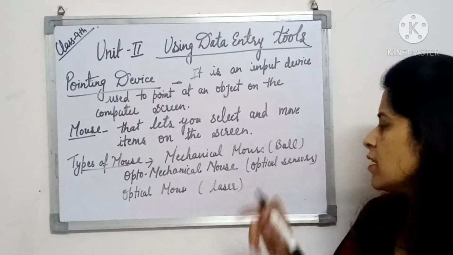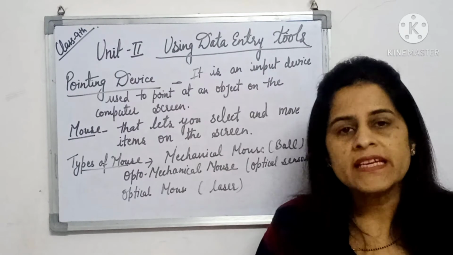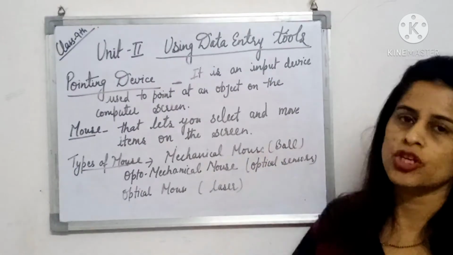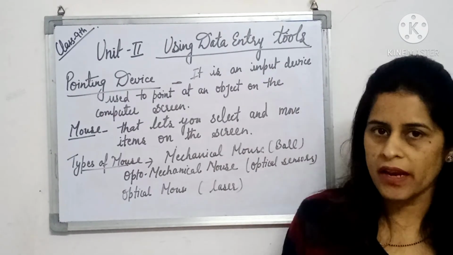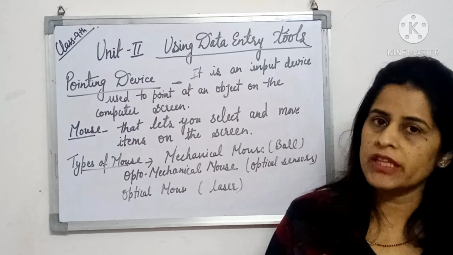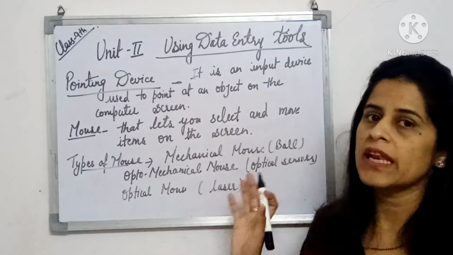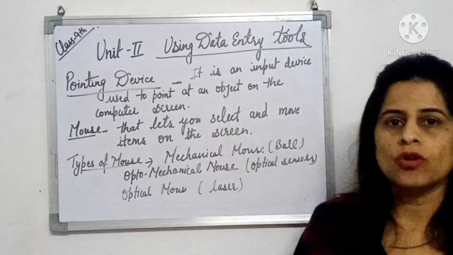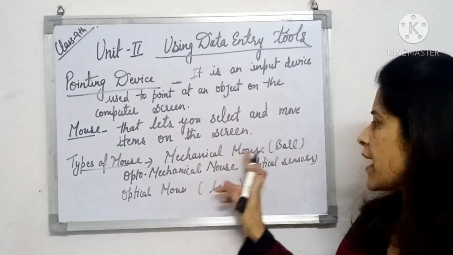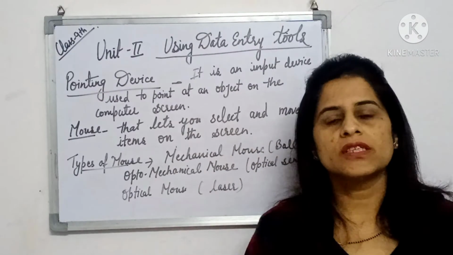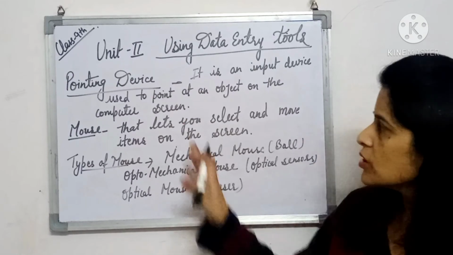Next is the optical mouse. An optical mouse will not have a wire. In that optical mouse, it will use the laser to sense the motion. When you tilt your mouse, then you can see the red light at the bottom of the mouse, and that is known as the optical mouse. It uses laser technology to control the motion. The optomechanical mouse uses optical sensors, and the mechanical mouse uses the ball to control the motion of your mouse. So this is all about the mouse.